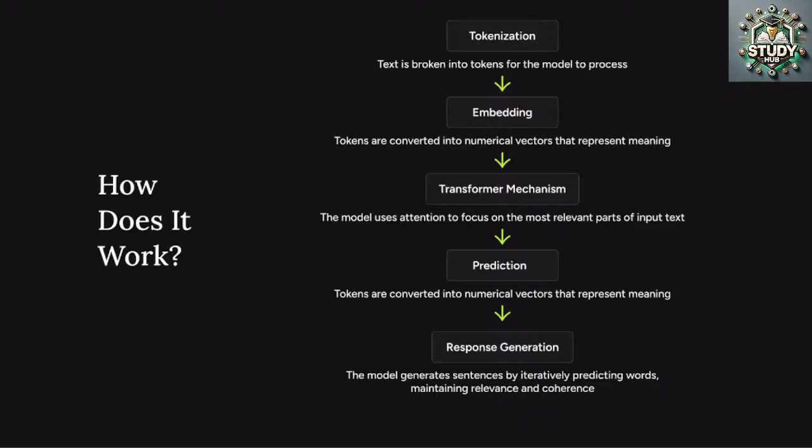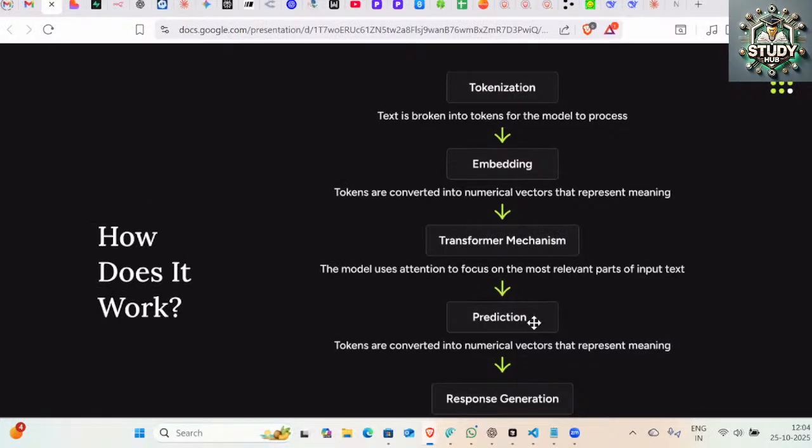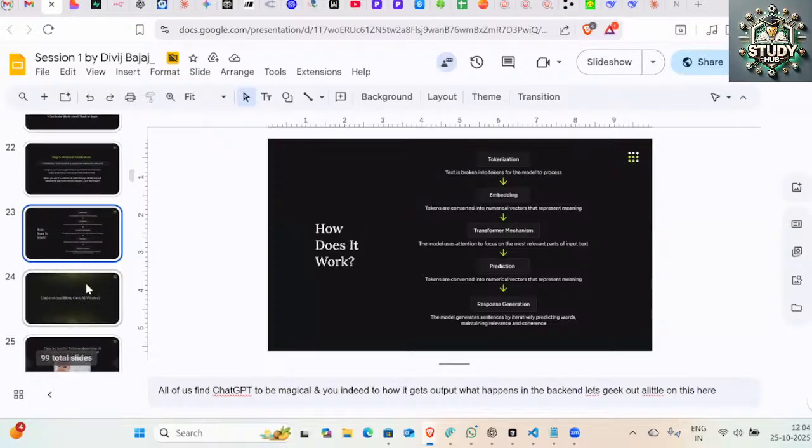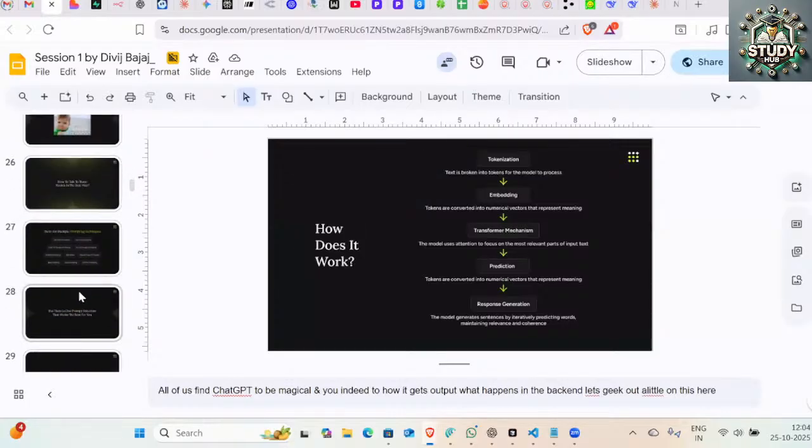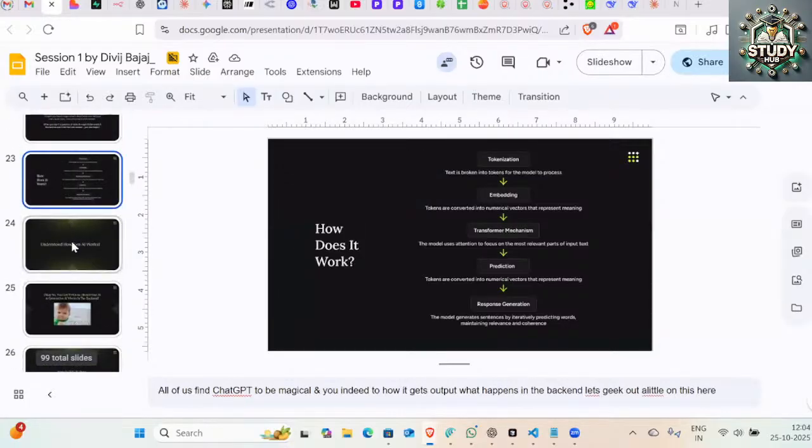So if I have said you are my fitness coach, the model knows that I have to bring the articles or the knowledge which I have learned related to fitness only, right? I don't need to have history knowledge, maths knowledge, science knowledge. I have to only focus on the fitness. And that's the reason we have prompting as well as the transformer mechanism, right? Finally, models start predicting, one prediction at a time, one token at a time, and it happens over multiple iterations till I get my response back.